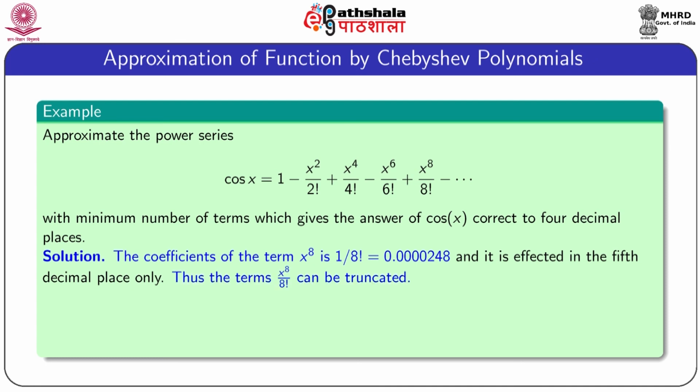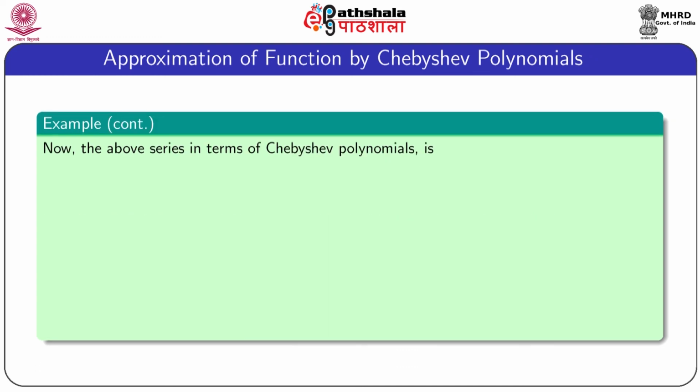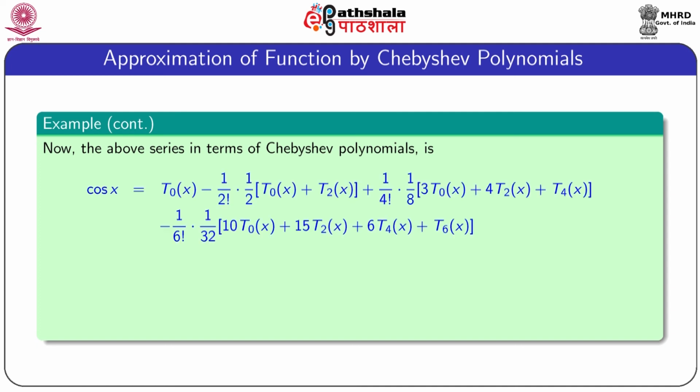So, we can truncate the term x to the power 8 by factorial 8 and other higher power terms from the given series, and the reduced series is cos x equal to 1 minus x square by factorial 2 plus x to the power 4 by factorial 4 minus x to the power 6 by factorial 6. Now, we use the Chebyshev polynomials to approximate this function. After substituting the Chebyshev polynomials, cos x becomes this expression, and after simplification this reduces to cos x equal to 0.7651911